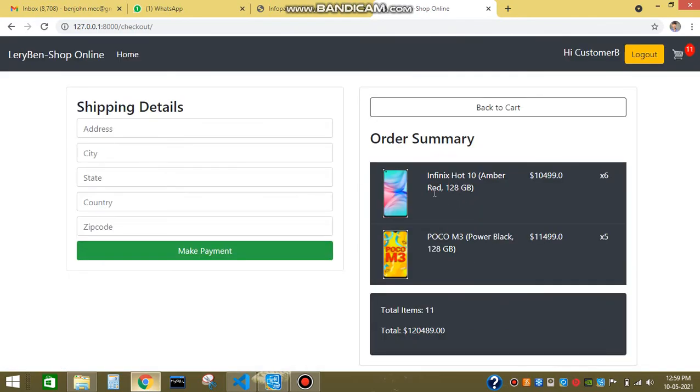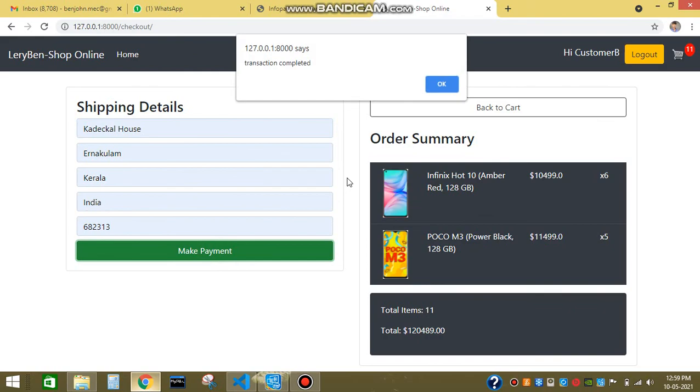Then we can see an order summary, as well as the total price and total items, and we can fill in the address and make the payment. Currently the make payment system is not implemented. Anyway, when the user clicks on make payment, his shipping details are recorded in the backend, and his order is noted as completed.